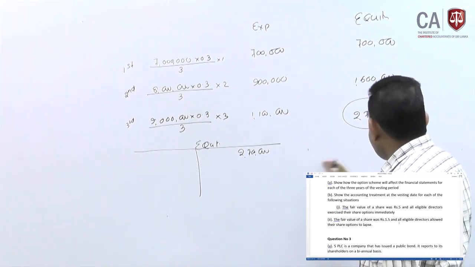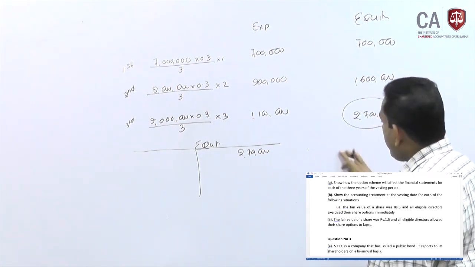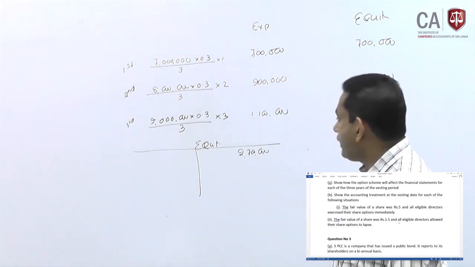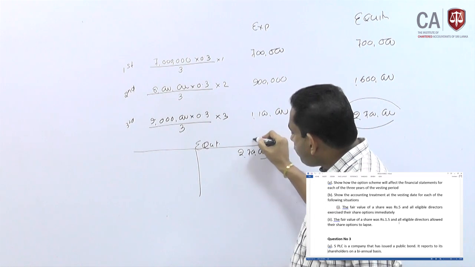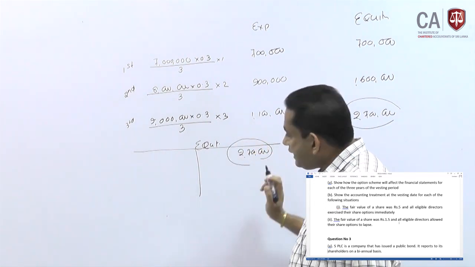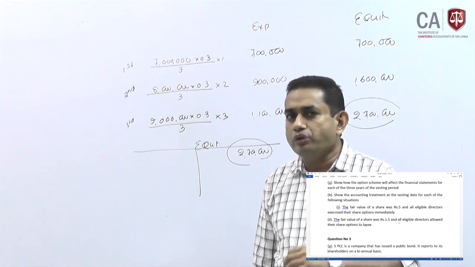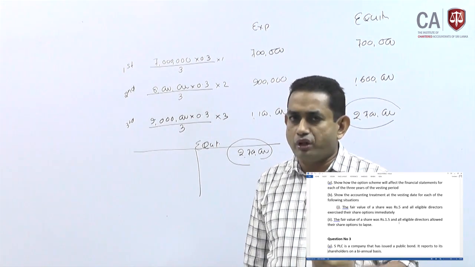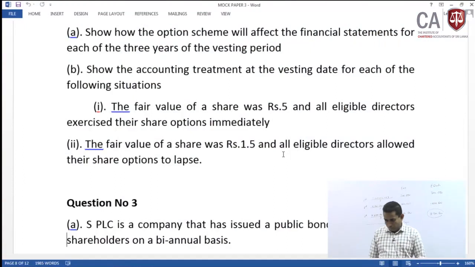Here we have equity figure of 2.7 million, fine, and the directors did not exercise their rights to buy shares. You need not to do any accounting. We let this equity figure of 2.7 million to be in accounts all along, and you need not to reverse it either. If you want to reverse, you can de-recognize it from this equity and you can transfer it to retained earnings. If not, you can just let it to be there in the books all along. So, that should be the answer for the second question, part B, second part.